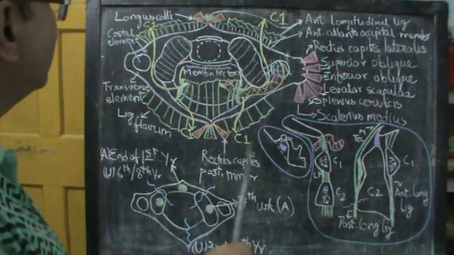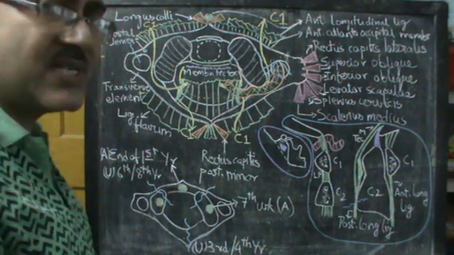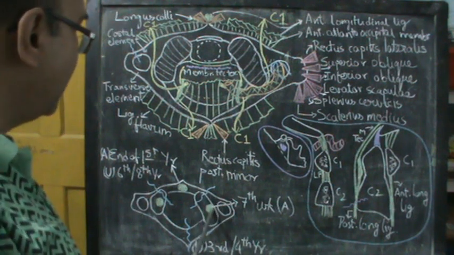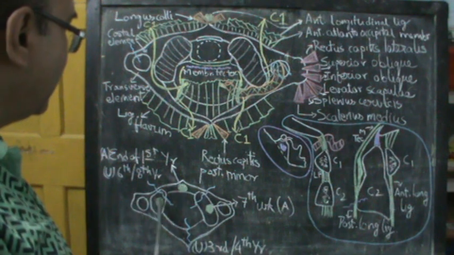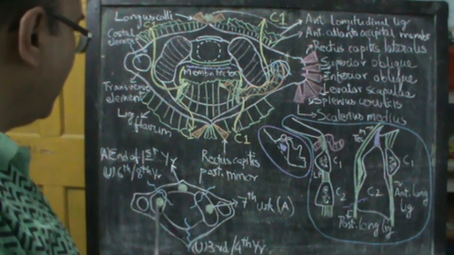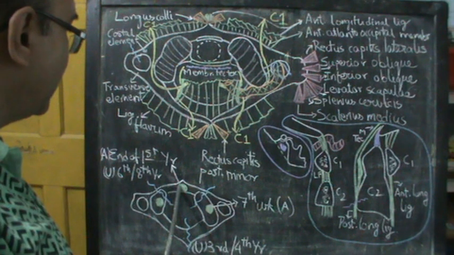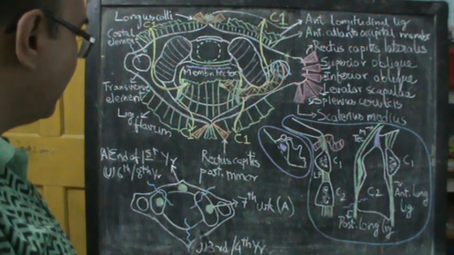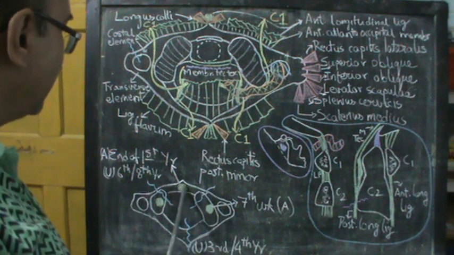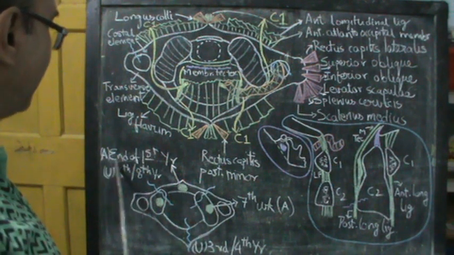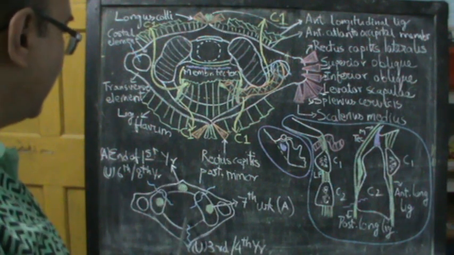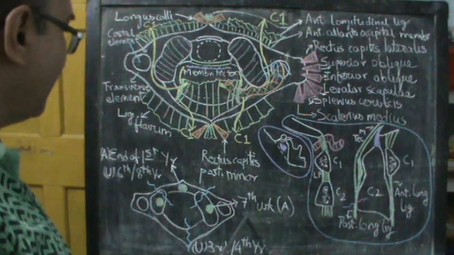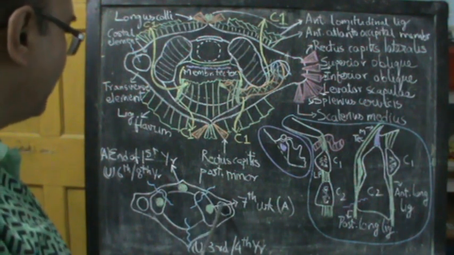So much for the atlas. It is quite sufficient, I think. And now if you look at the pattern of ossification of the atlas, you can see that there are 3 centers of ossification, 1 for the anterior arch and 2 for the lateral masses, which will ossify posteriorly to complete the posterior arch. You can see the center for the anterior arch appears by the end of first year, and the centers in the lateral masses appear by the 7th week of intrauterine life,